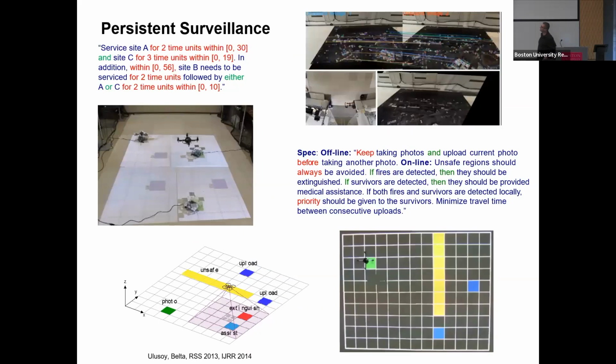So I have just three snapshots showing different applications. What I'm showing on the left is for persistent surveillance. Think of aircraft that have to keep on flying and get images in an area like a disaster relief scenario, and they have to do this forever, and they want to make sure they don't run out of batteries. It is a smart network of aircraft and docking stations where the aircraft can go and charge, and we can give rich specifications such as the one at the top. We can also deploy aircraft in unstructured environments where we don't have a map and cannot localize, but the robots can use their local sensors to perform all these operations.